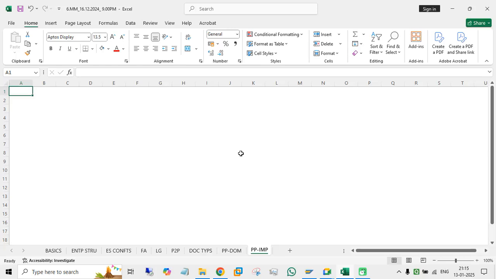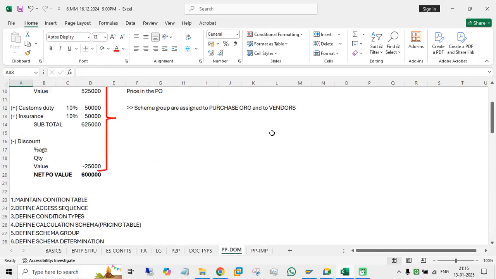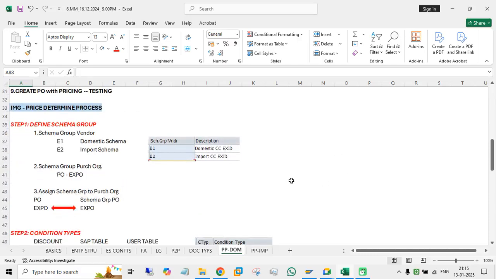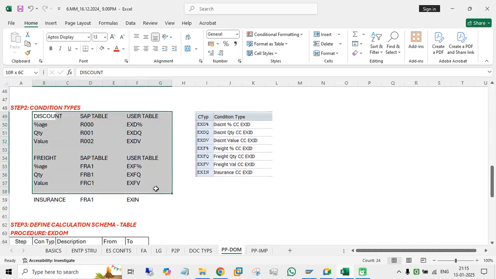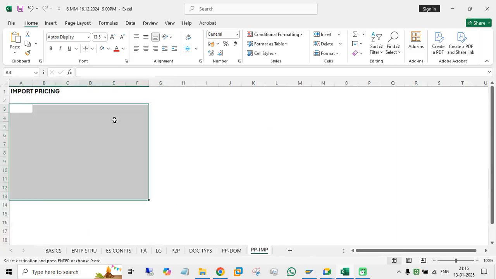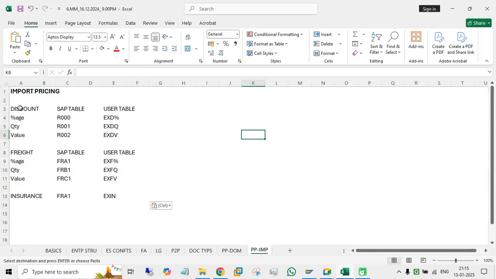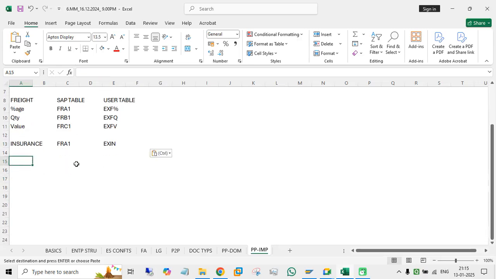Okay, now we'll go for import pricing. So in import pricing, what will happen? Everything is the same. Say for example, in domestic, here we have defined the conditions. Insurance we have done. Discount we have done, freight we have done, insurance we have done. The extra thing you have to add is custom